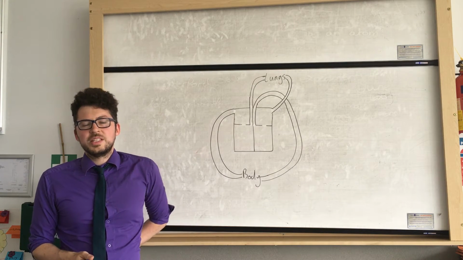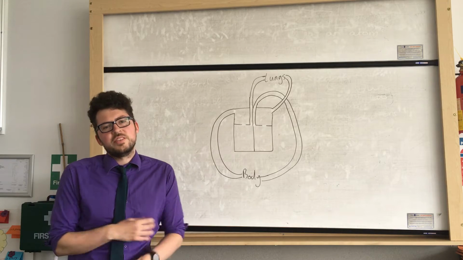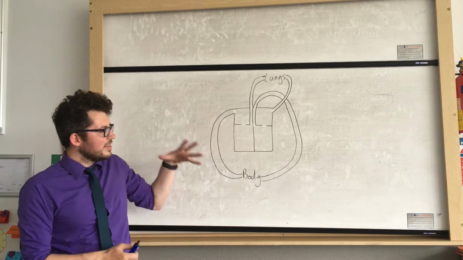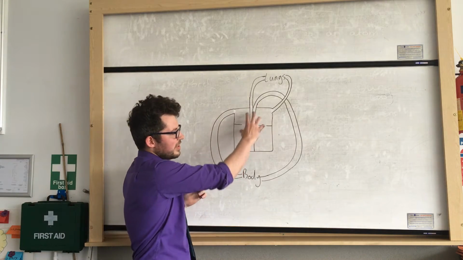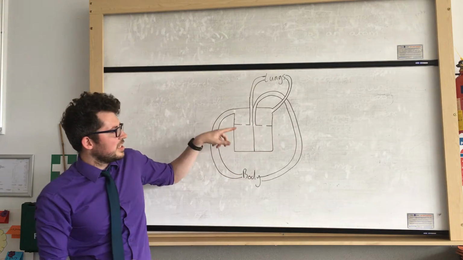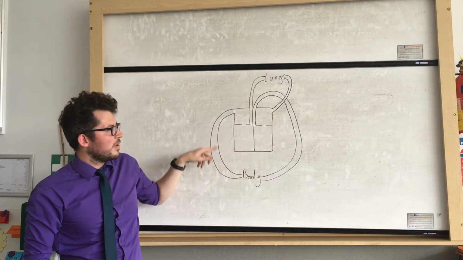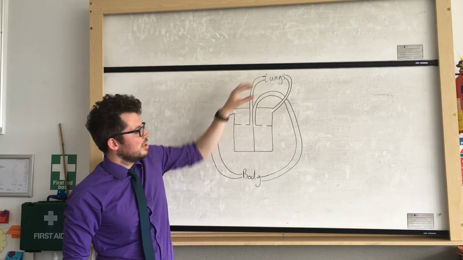In this video I'm going to be explaining the heart and parts of the circulatory system. So in this diagram you can see I've drawn a very simple drawing of the heart as this box here with these 4 different chambers. You can see we've got our blood vessels which are represented by these tubes, and we've got the lungs and